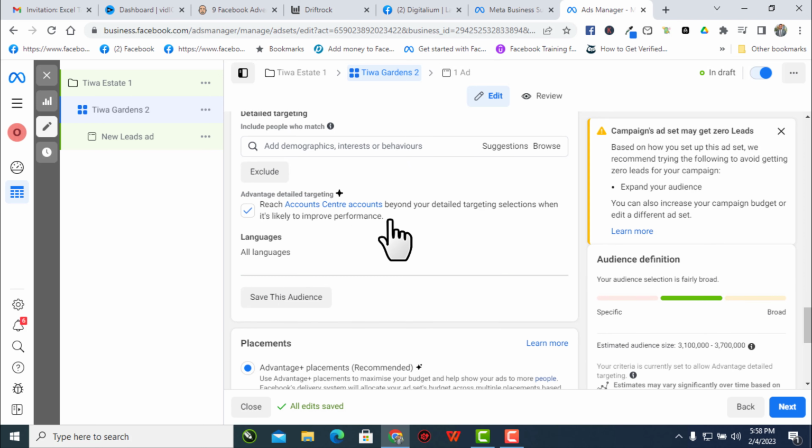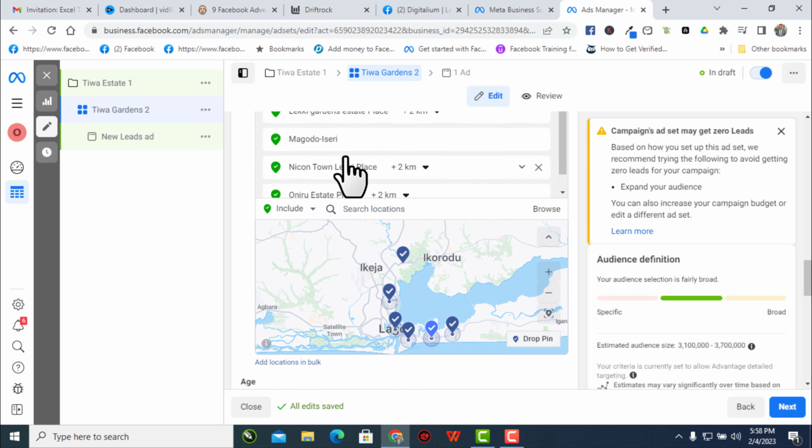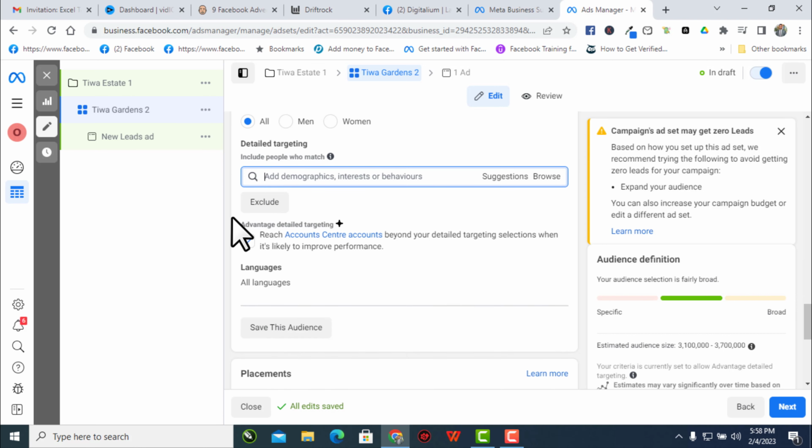So the next thing I'm going to do is come here. The interest of these people is very, very important, which is the detailed targeting section. You need to be able to target the interests of these people living in these locations that you feel can actually buy your product. So I'm going to say something like